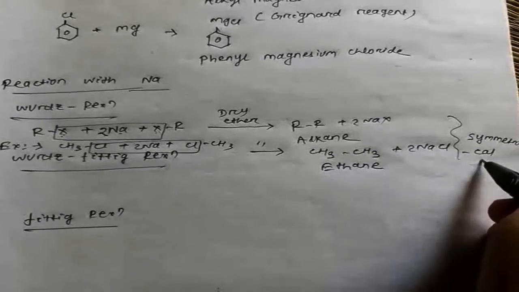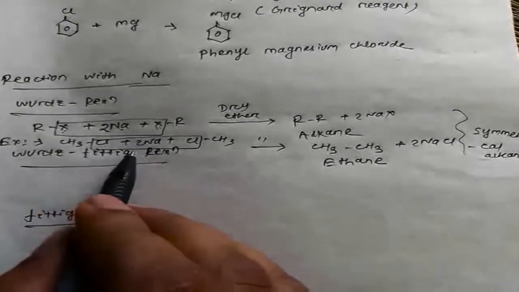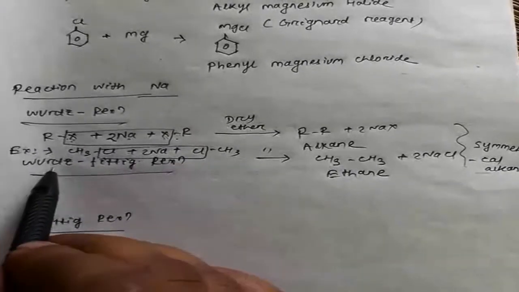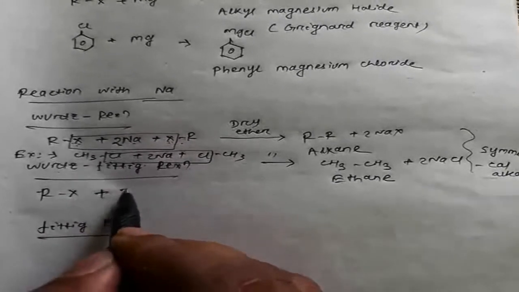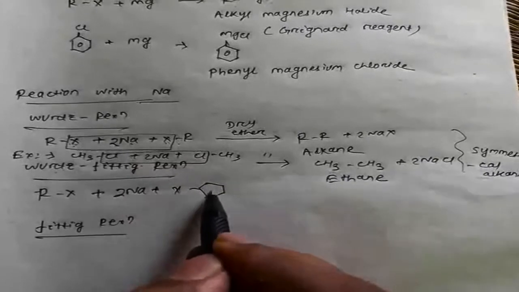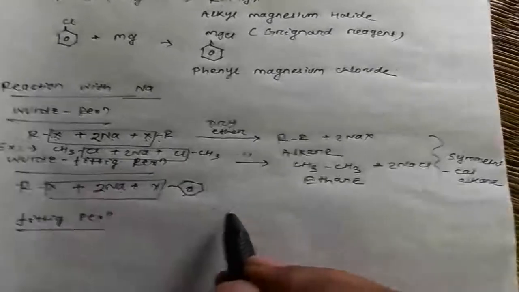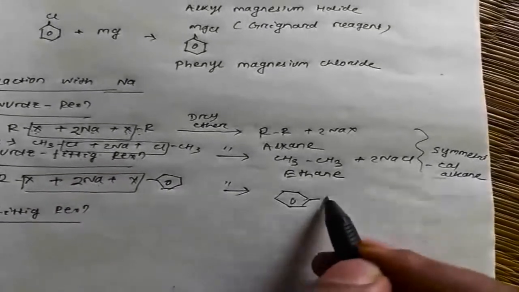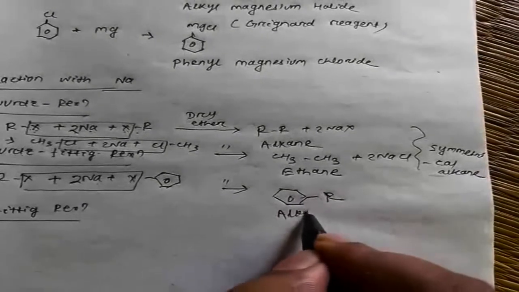preparation of symmetrical alkanes. Similarly, in the Wurtz-Fittig reaction, in Wurtz reaction there are 2 molecules of alkyl halide, but in the Wurtz-Fittig reaction, 1 molecule of alkyl halide reacts with 1 molecule of aryl halide, benzene. Similarly, with sodium metal, 2NaX, in dry ether medium, benzene-R, that is alkyl benzene